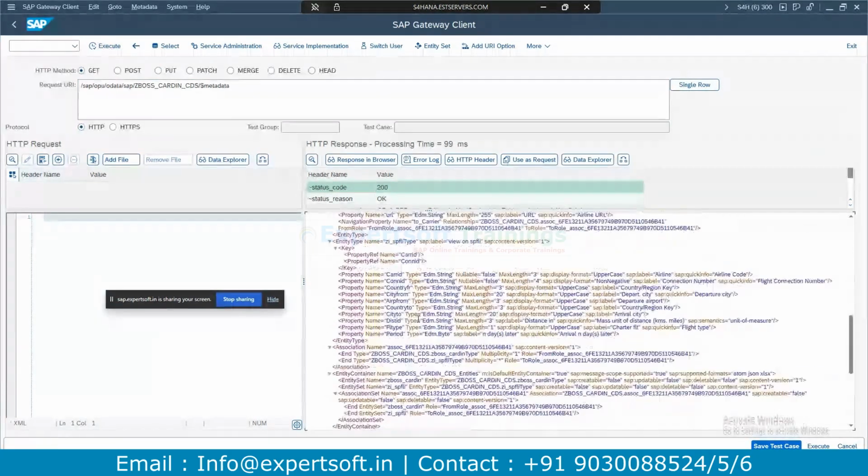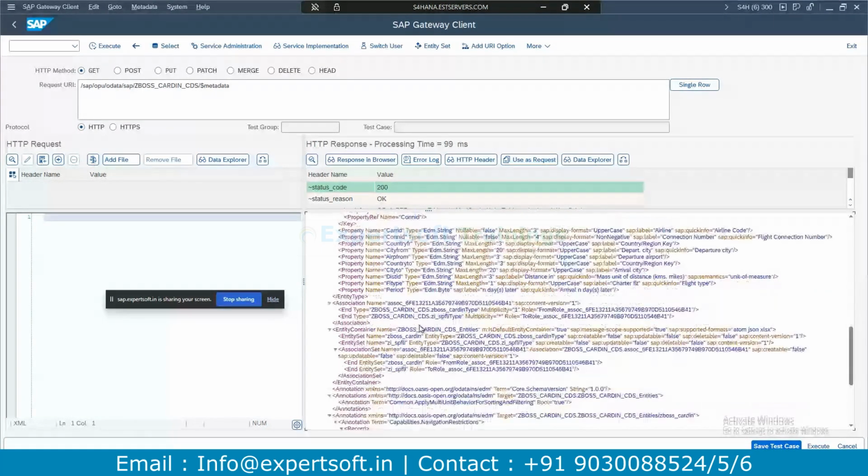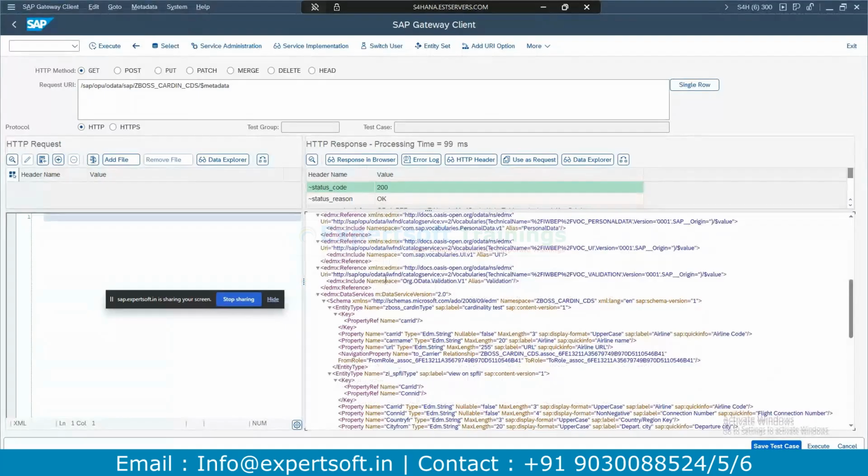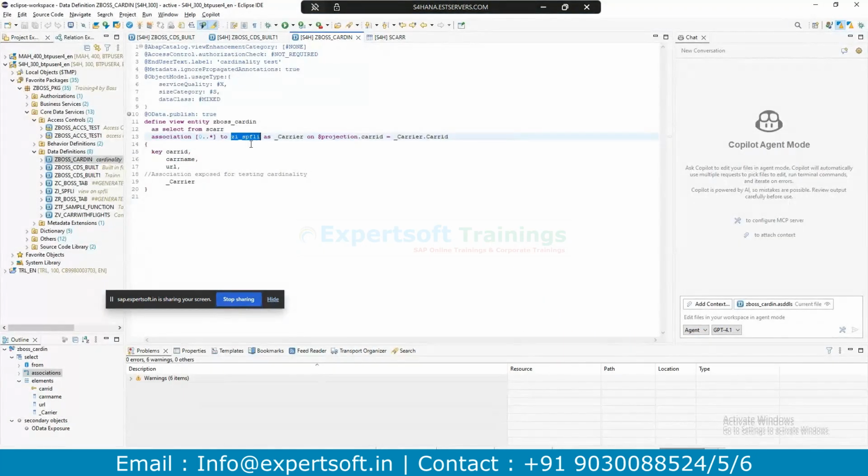In the navigation property you will find what the navigation property is to navigate to the association. So see here, navigation property. You get it? To underscore carrier. So we have to use this to navigate to the association.